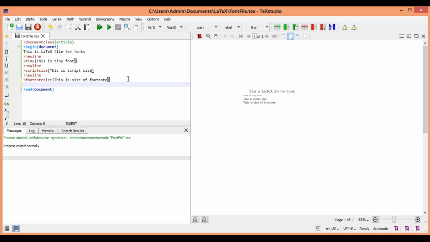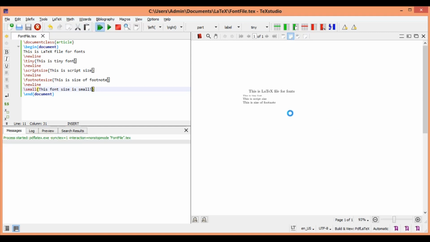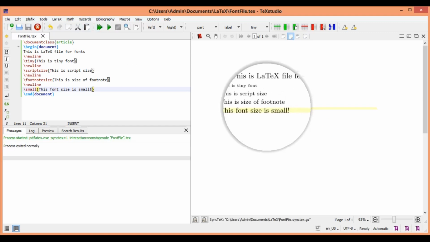Then the next font size that you will see is small. Sorry, new line. So there is a font called small. Sorry, I should not say size is small. So let us see, it will be bigger than the footnote.